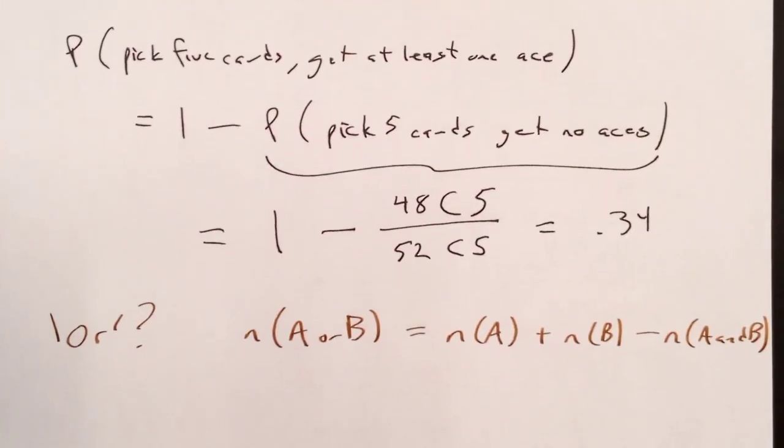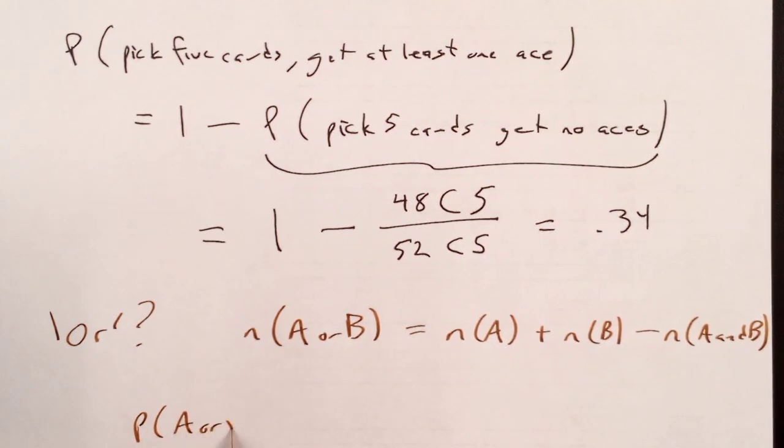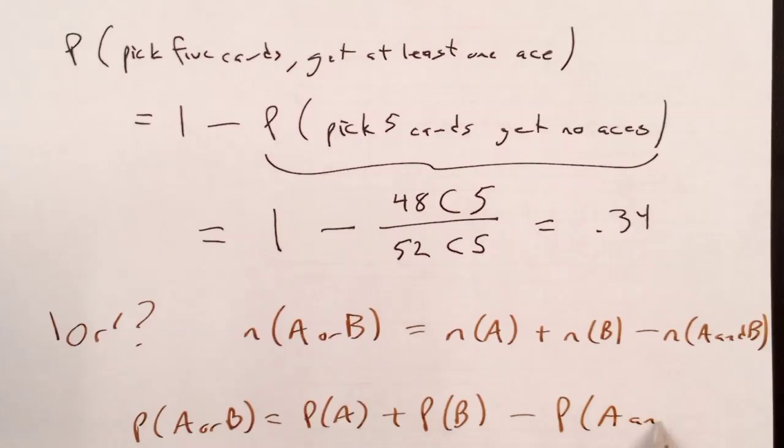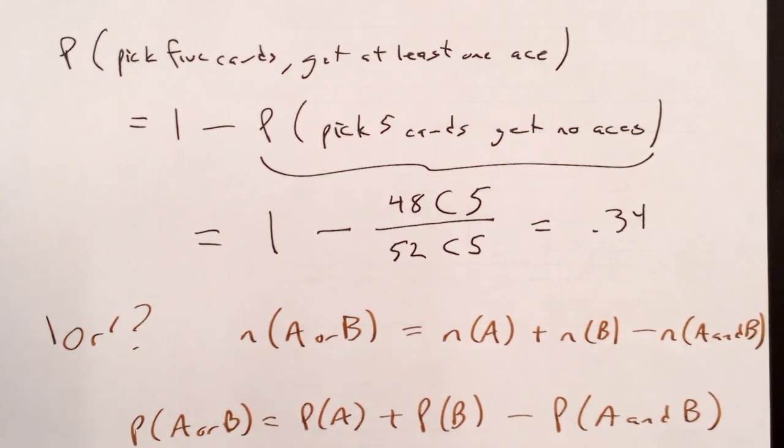Well, if I'm doing a probability, I'm going to do the probability of the first plus the probability of the second minus the probability of both. Exactly the same formula. So if I was counting it by, I could get 1 ace or 2 aces or 3 aces or 4 aces, I'd have to figure out the chance of getting 1 ace, the chance of getting 2 aces, the chance of getting 3 aces, the chance of getting 4 aces. I'd have to add all those up. They can't have any overlap. You can't get 1 ace and 2 aces at the same time. So this part would be a 0.